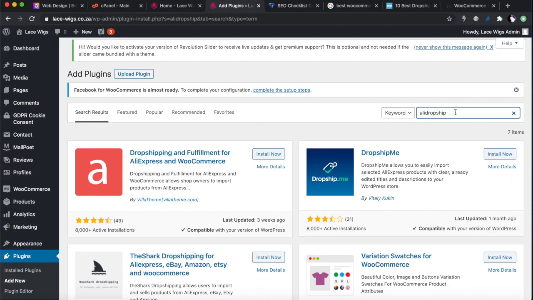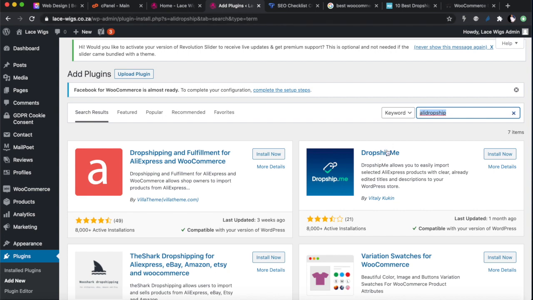So at the top there, search for Ali Dropship. Ali Dropship is one of the most popular dropshipping plugins. So dropshipping, you can do it in two ways. You get a plugin and you install the plugin into your store, and the plugin helps you import products much easier from AliExpress. It automates the whole process, even your fulfillment of orders. When you get an order from your store, you can easily just use the plugin to get that stuff ordered on AliExpress, and track all of that is done for you. And you don't have to worry about the details of it, and it really will save you a lot of time if you can use a plugin.